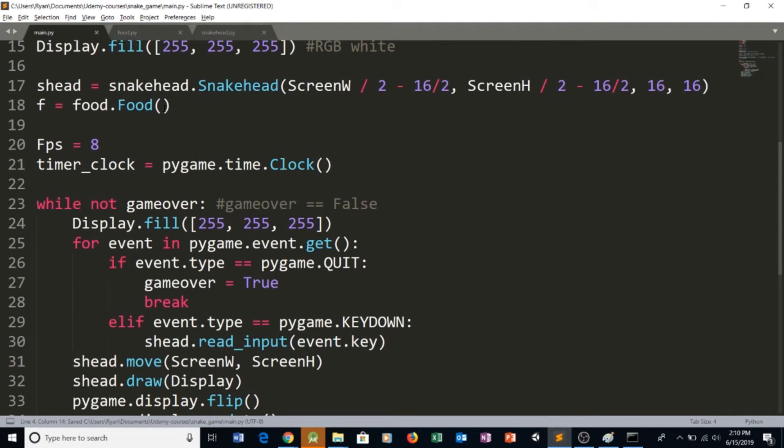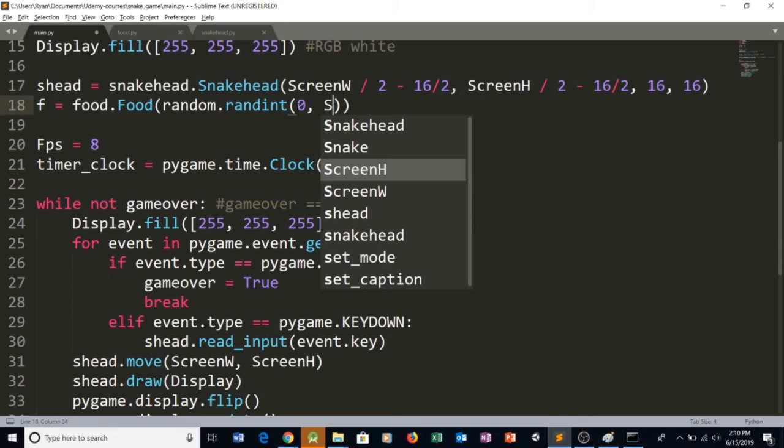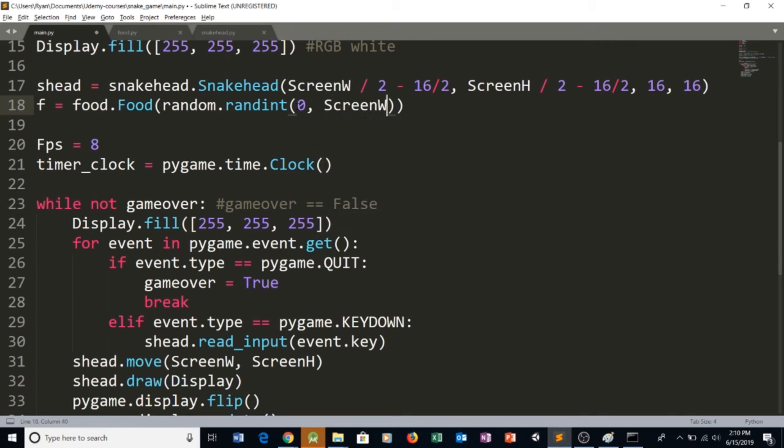And for the x coordinate, we can say random.randint, so that it generates a random integer. Inside the parentheses, let's specify the range. So we want it from 0 all the way to the screen width, and from that we'll subtract the width of our food object, which is going to be 16,